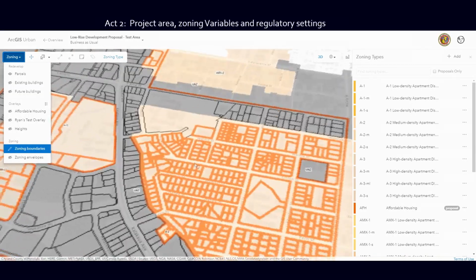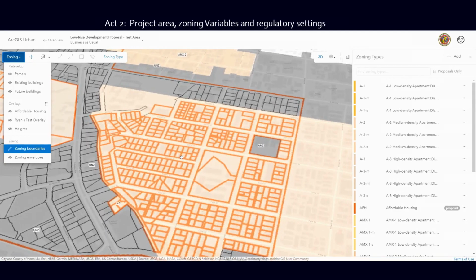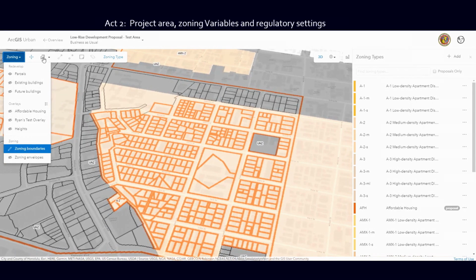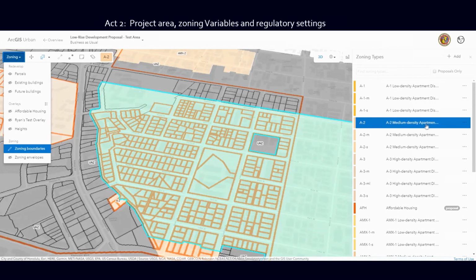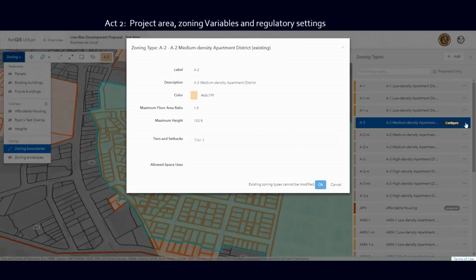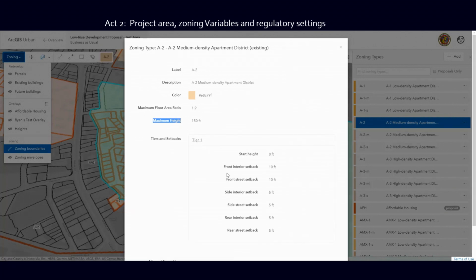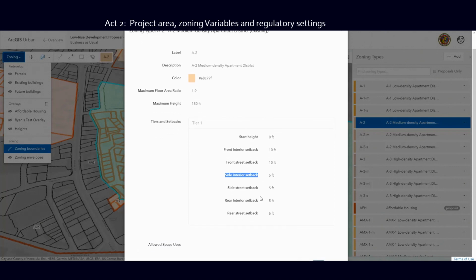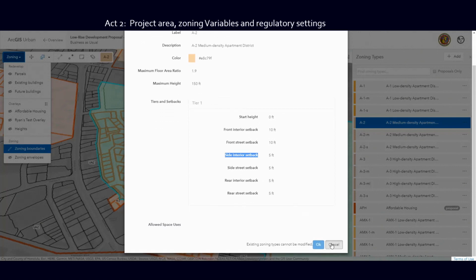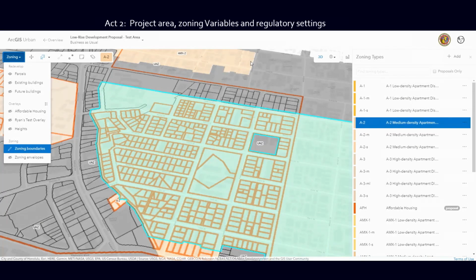And one of the challenges we had was in creating existing zoning that had to accommodate conditional FARs. So the idea that a single zoning class, such as apartment or A2, would have various FARs based on the size of the lot. So ESRI was very creative in saying, well, let's break those out into individual zoning classifications. So we actually have multiple zoning classes for the A2 zoning.